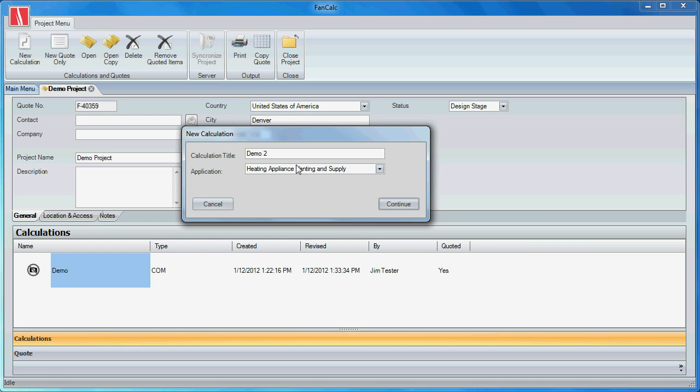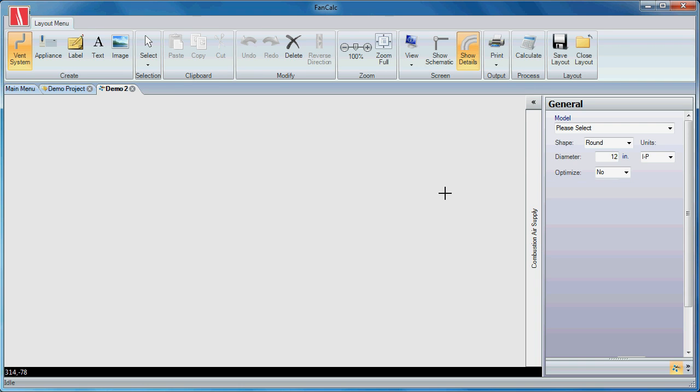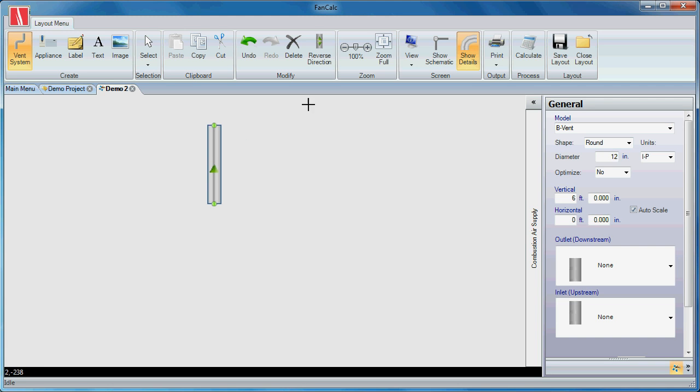I call this one demo 2, and then pick heating, appliance, venting, and supply. Click continue. Now, in order to demonstrate the functions, I'm just going to go ahead and draw a section in here real quick so we can go over the menus. I'm going to go ahead and pick just a B vent and go ahead and draw a section on the